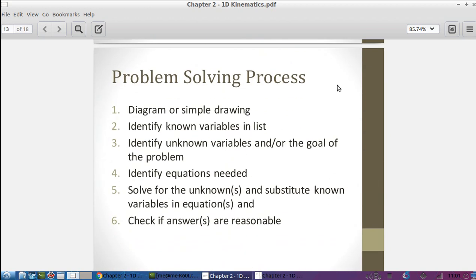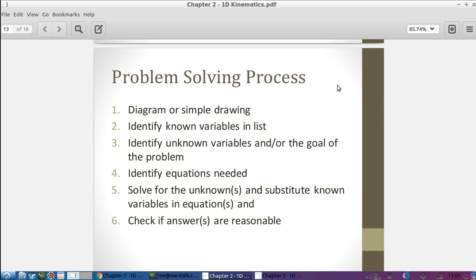All right, physics, it's all about solving problems, right? We got to solve a problem. Most of them are pretty contrived to where you're able to arrive at a solution. So you'll always be able to solve a physics problem in this course. First thing I like to do,